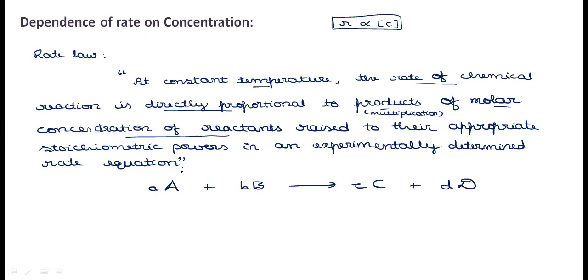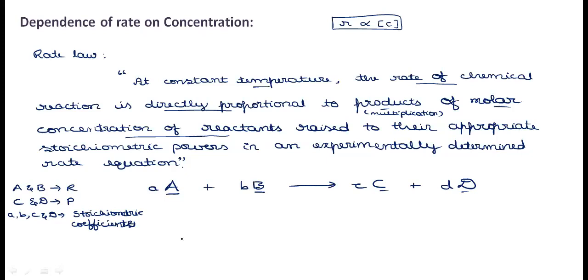Assume this is an experimentally determined rate equation where A and B are the reactants, capital C and capital D are the products, whereas the small a, b, c and d represent the stoichiometric powers, the stoichiometric coefficients,